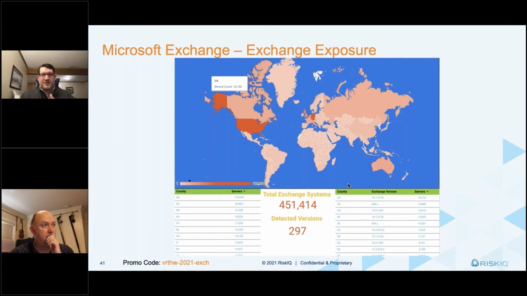This is not Office 365. These are impacted, at least by version numbers, of these Exchange systems. You're looking at something like 297, almost 300 separate versions that have been identified. Some of those are fairly old and no longer supported products from a Microsoft perspective. Some of them are the most current versions of Exchange.